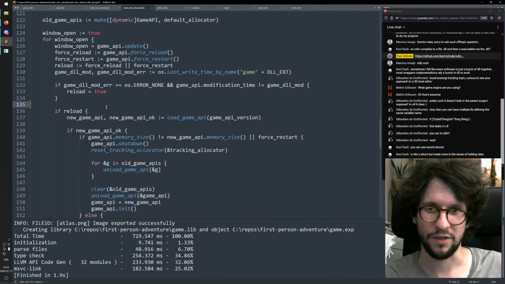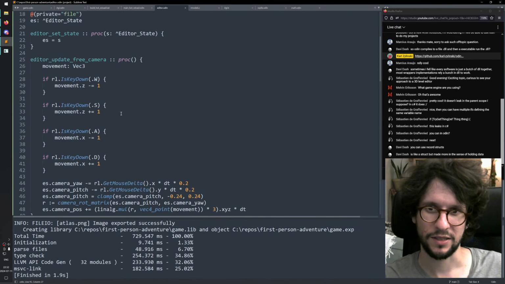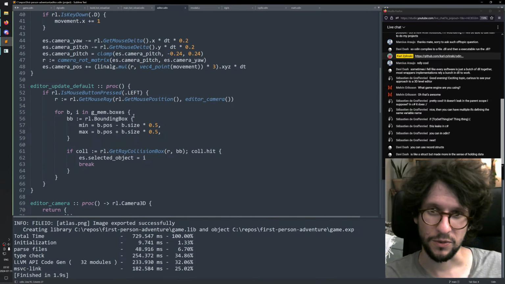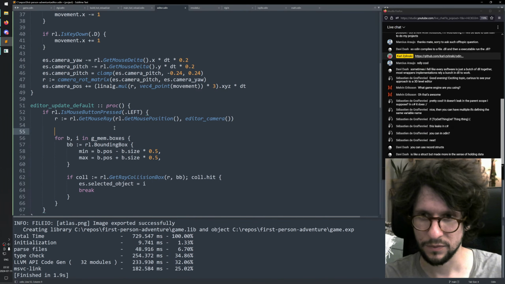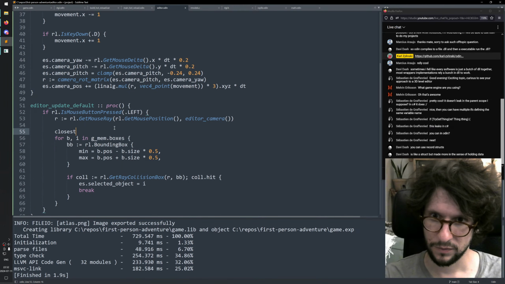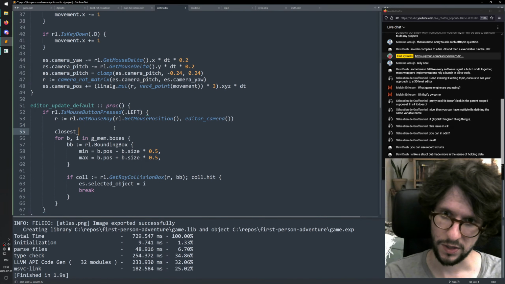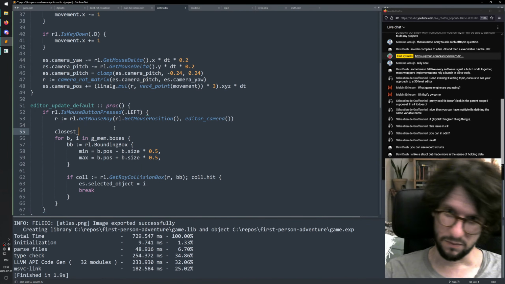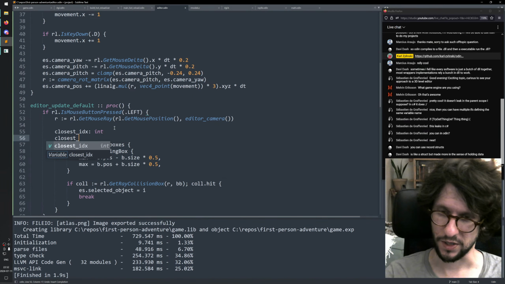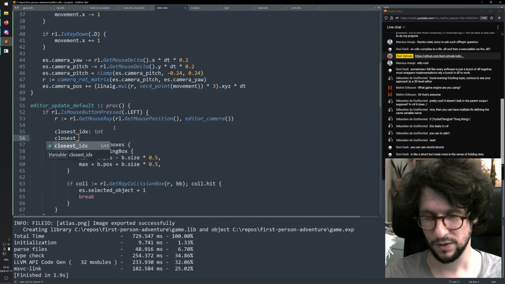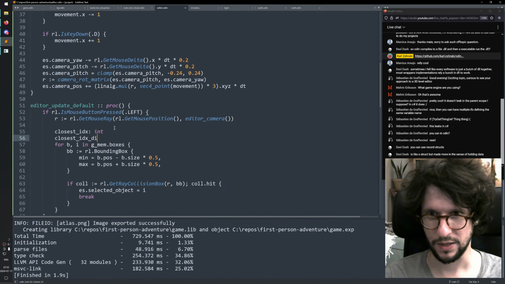I think I can fix it quite easily. I can just do this. Closest idx, it's an integer. Closest idx distance